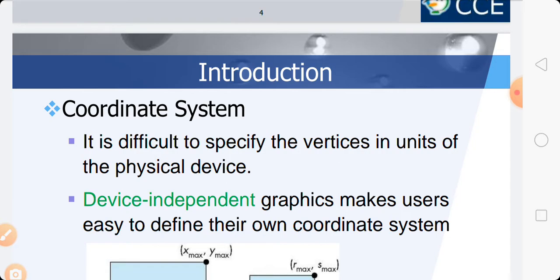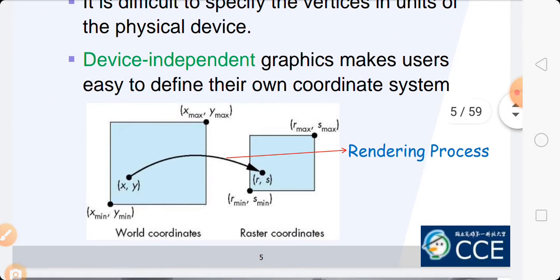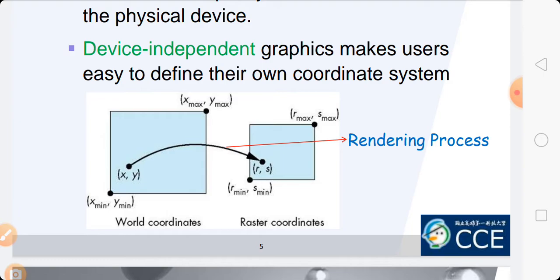Device independent graphics makes it easy for users to define their own coordinate system, such as the world coordinate system and the raster coordinate system. So here is a point, x comma y, with x minimum and y minimum, and the top rightmost pixel is x max and y max.